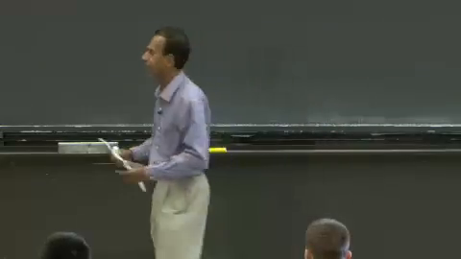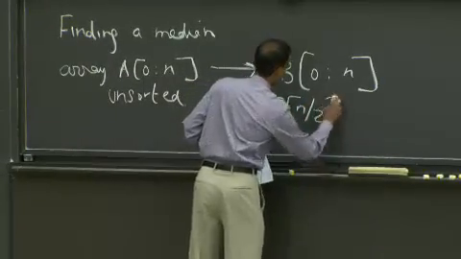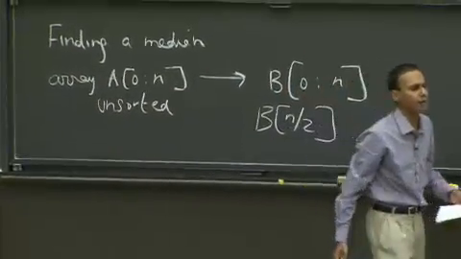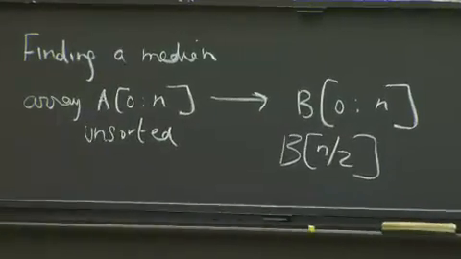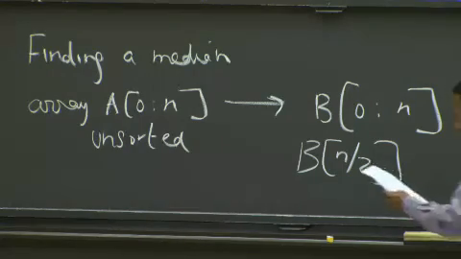Okay? And it's easy because all you have to do is to go look at, depending on whether n is odd or even, B[n/2], right? That would give you the median, because you'd have a bunch of numbers that are less than that, and an equal set of numbers that are greater than that, which is the definition of median. All right? So this is not necessarily the best way, as you pointed out, of finding the median, but it's constant time if you have a sorted list. All right? That's the point I wanted to make.